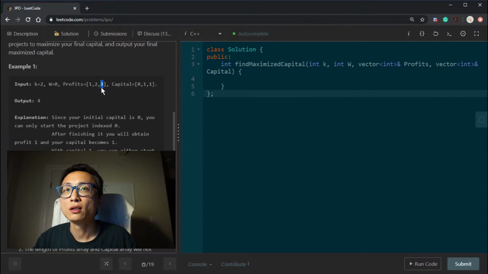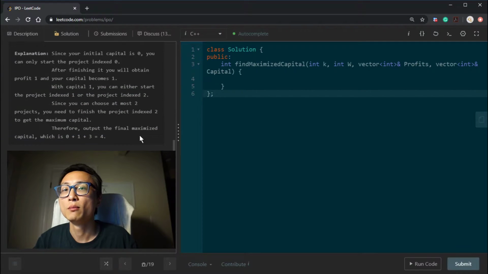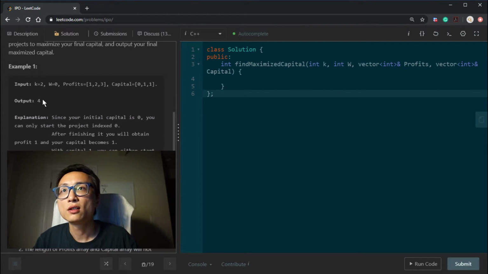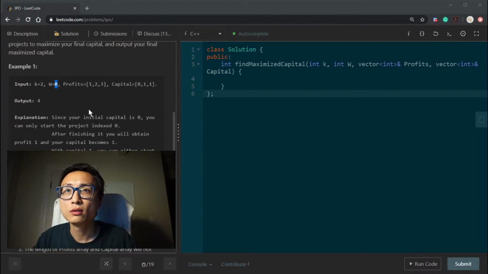After we finish that, now our total becomes 4, and we have done 2 projects. So the maximized capital is going to be 4. So that's this example. Pretty cool that with no capital, we could do something and get profits, making money out of thin air. Anyway,